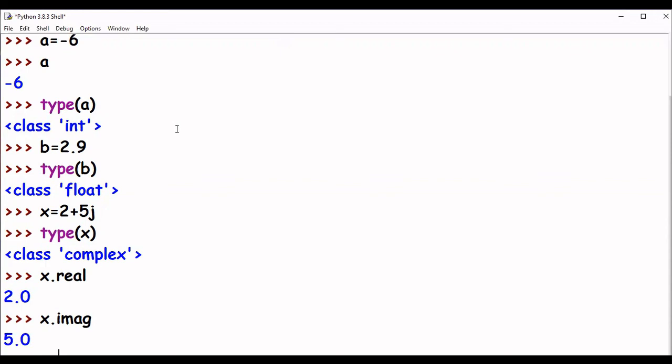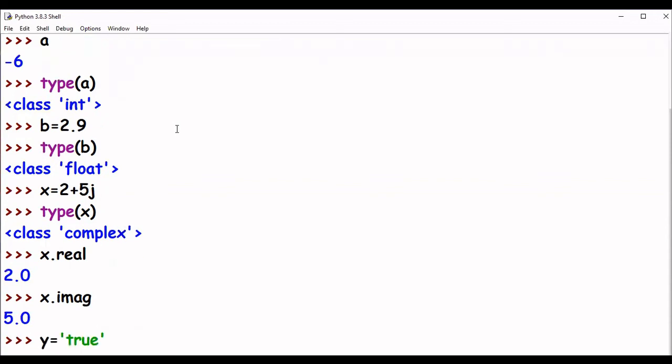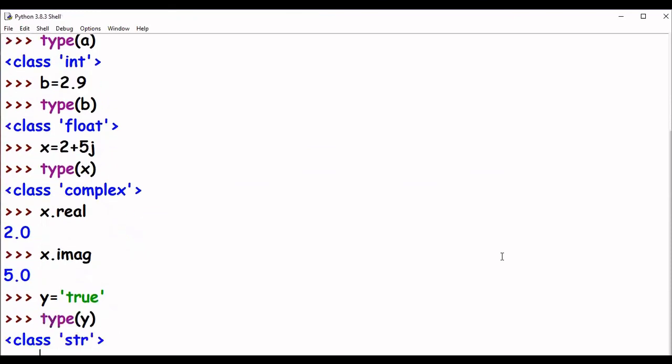Next I can say y equals true. Now if I check the type of y, can you tell me what will come? It will come string, because true over here became string.